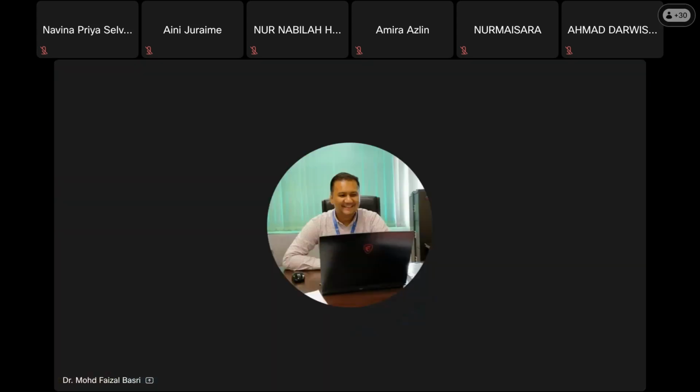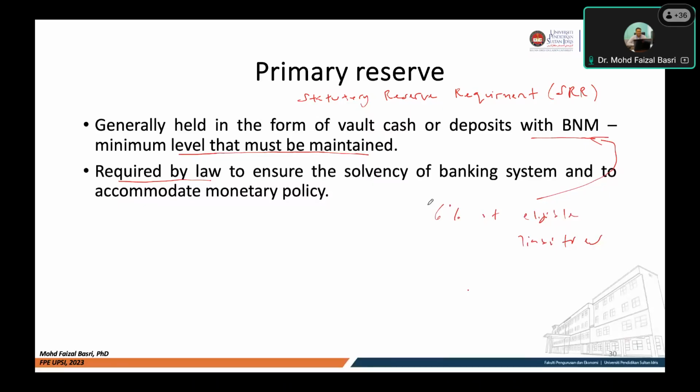Right. Second is the secondary reserve. So secondary reserve is different from primary. When we talk about primary, usually this amount of deposits or reserve in Bank Negara will not generate income. Usually they will not generate income. So Bank Negara will not pay them any returns. Okay, but